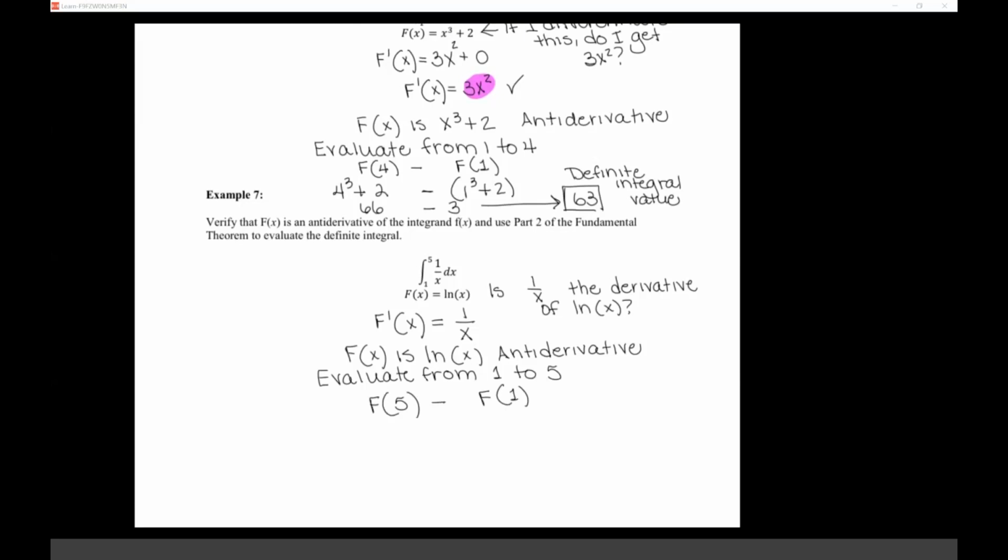And f is ln, so I have ln 5 minus ln 1. Those are numbers, and you'd have to approximate them on your calculator. So ln 5 is about that, and ln 1 is,